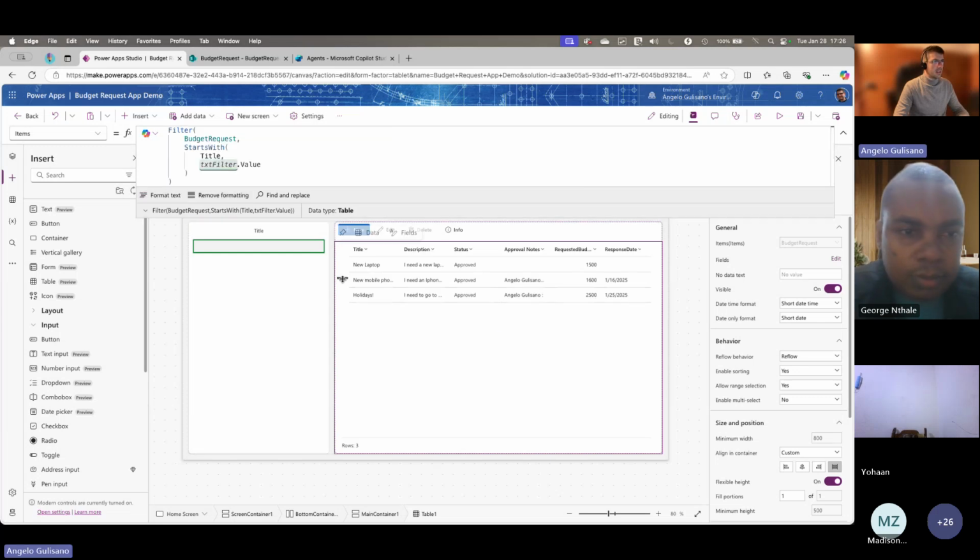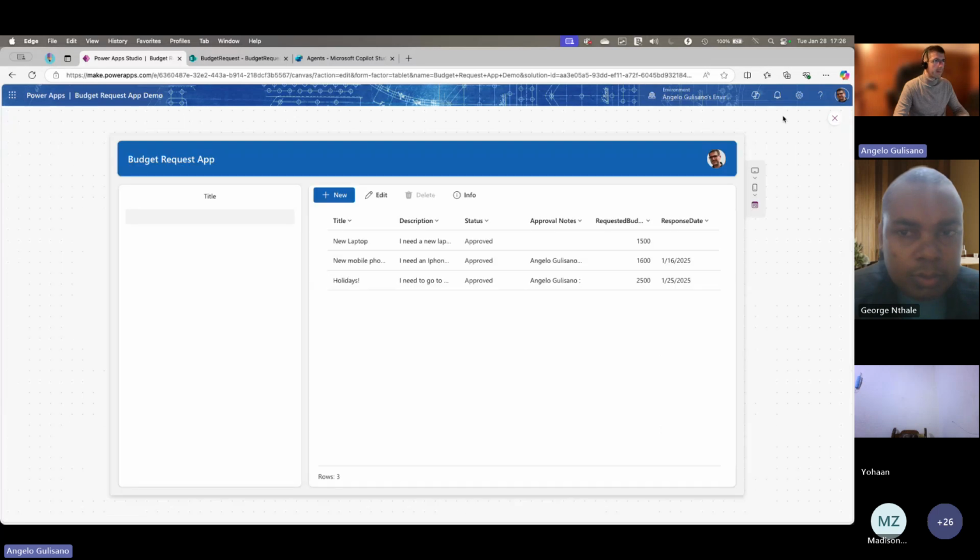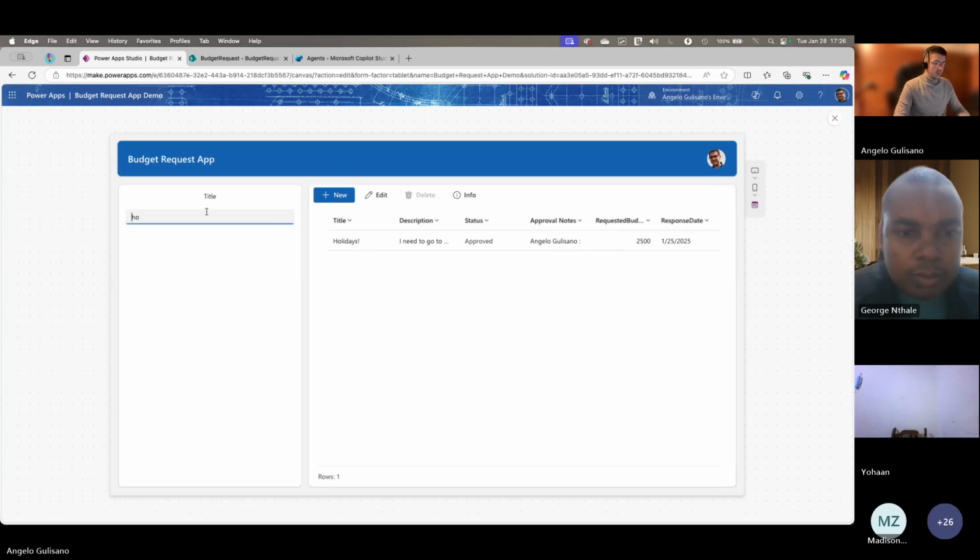and this is our final formula. Filter budget request. The second parameter starts with title txt filter value. Let's try. Okay. As you can see, it's not really